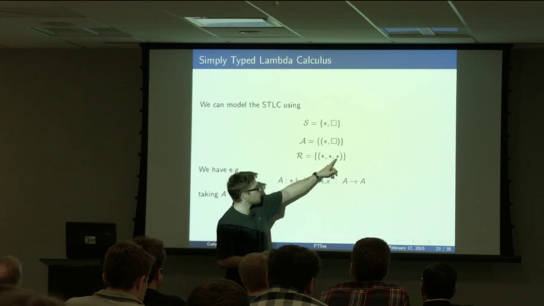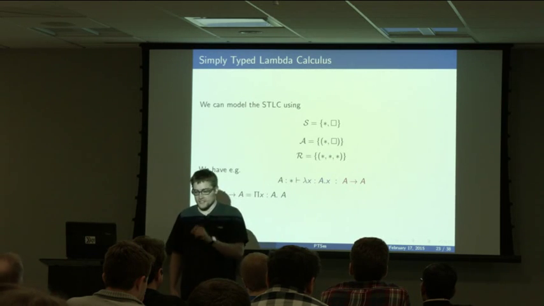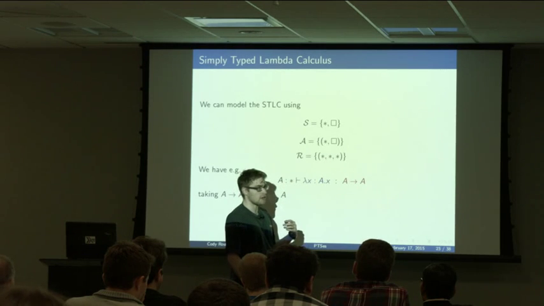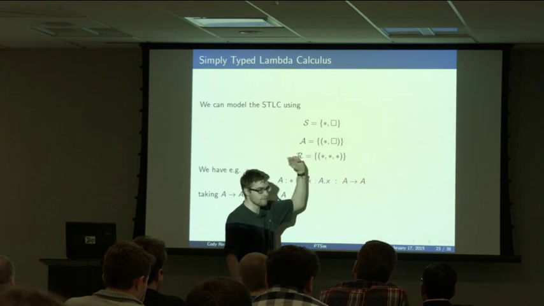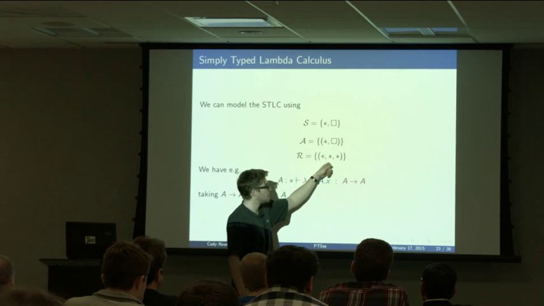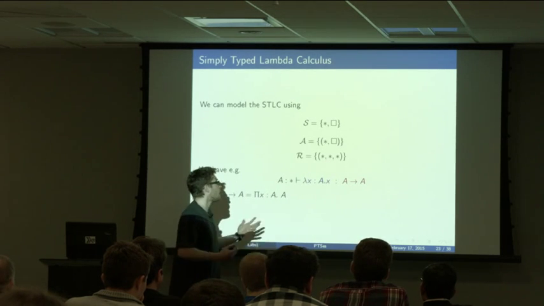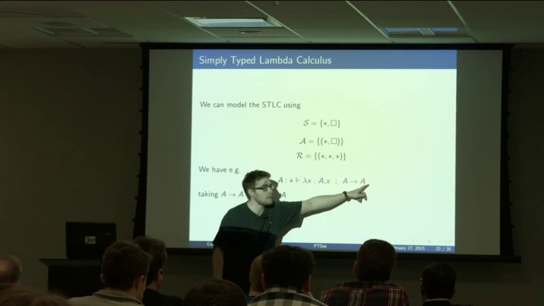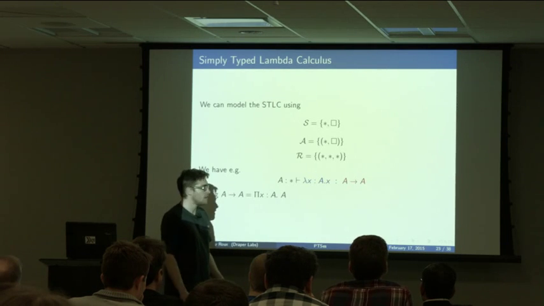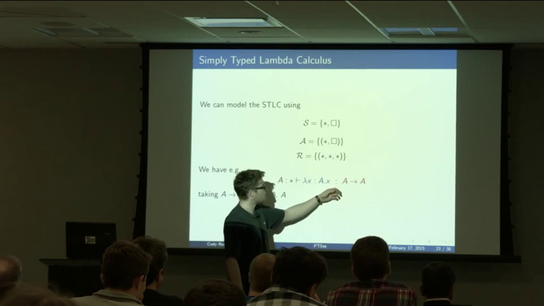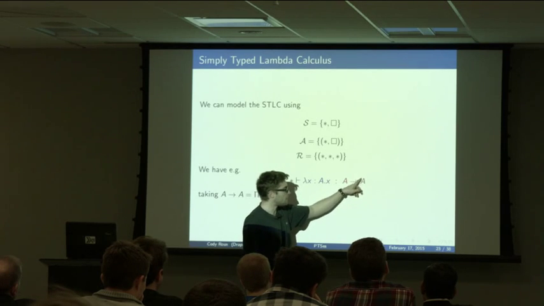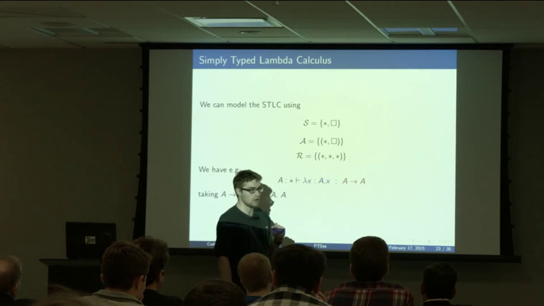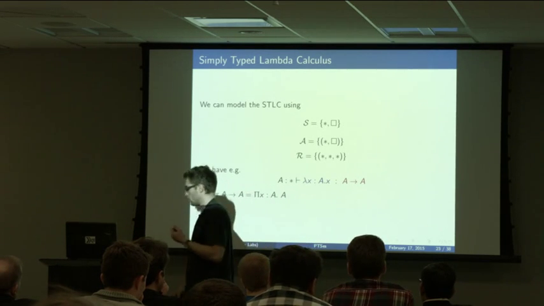All right, and the only rule is star, star, star, which basically says if you have a type that is indexed over another element of a type, then you get a type. And it turns out that this only allows you to build simple types, okay? Because you can't actually make x appear here in this type. Why not? Because to do that, you need to have some way of applying a type to a variable x, which is not allowed by these rules, okay? And this is kind of a tough pill to swallow.